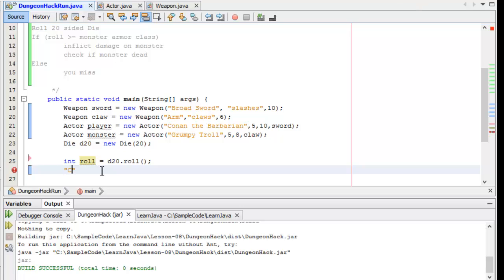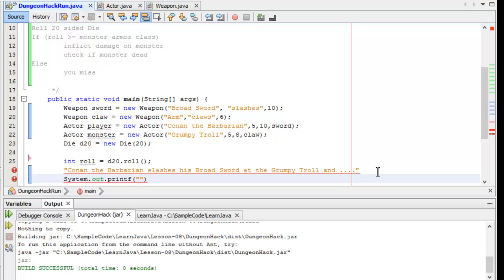I want to say Conan the Barbarian slashes his broadsword at the Grumpy Troll, and something's going to happen. We haven't decided yet. How do I say this in Java using the objects that I have? I have to get a little creative here. So that's for the name. That's for the action of the weapon. His, that's the name of the weapon. At the, that's the name of the monster. And so I want to say